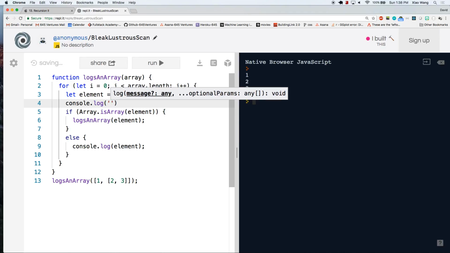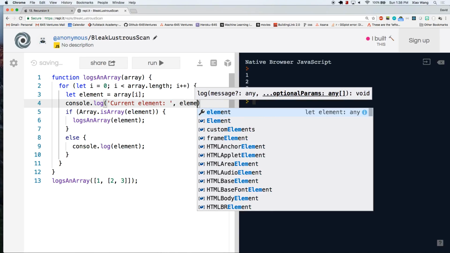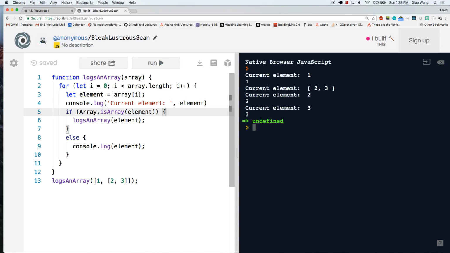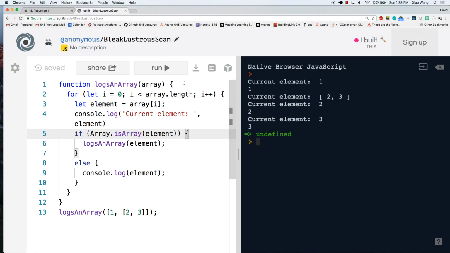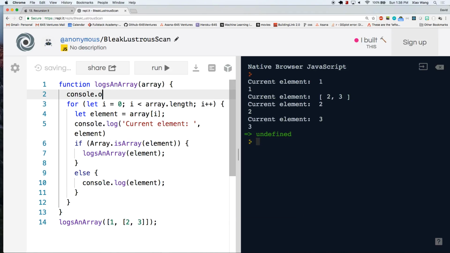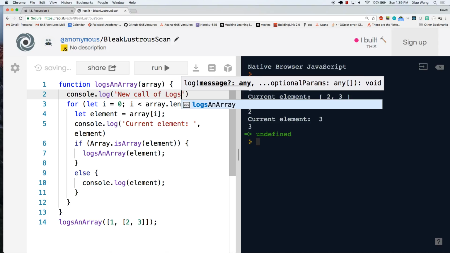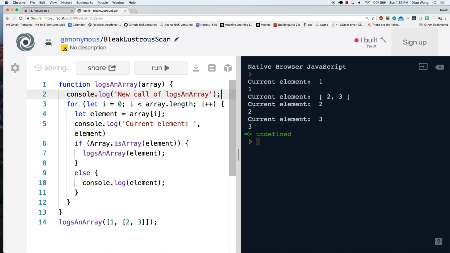So I'll console log current element, and then I'll put in element. What's going to stop this function? Or rather, how about this: I'll console log something, "new call of logs in array." That's going to tell us every time we start a new instance of this function. The first thing it does is console log and tell us that a new instance has been started. And let's change this for now so that we just have an array with all numbers.